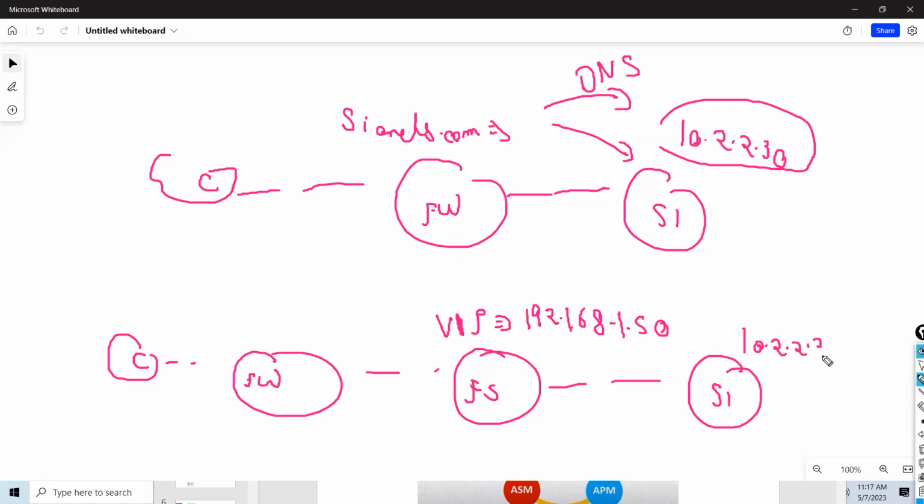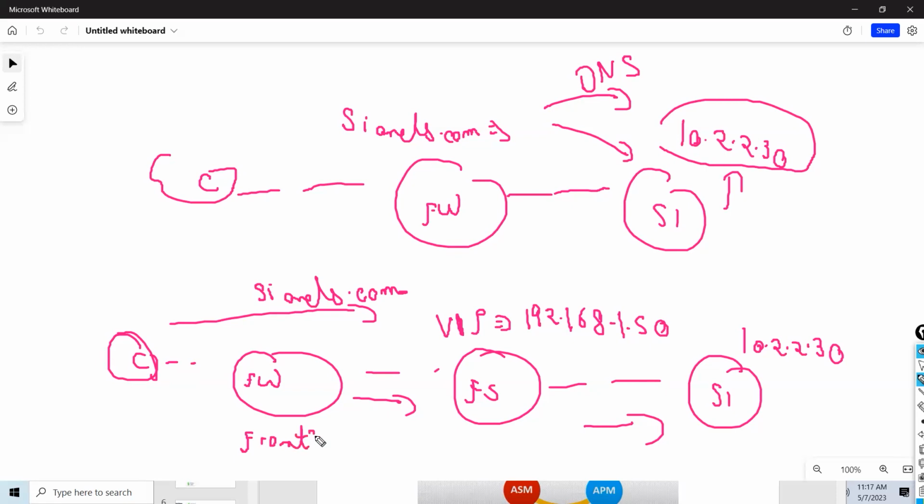In that case, guys, I want my client to access cianets.com on this IP. What should I do first? Because previously the IP was 10.2.2.30. Now I want my traffic to come to F5, then go to the server. It should not go directly to the server, because I want my F5 proxy device coming into the picture.